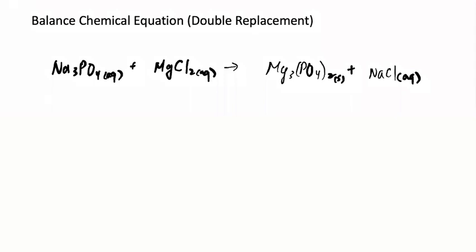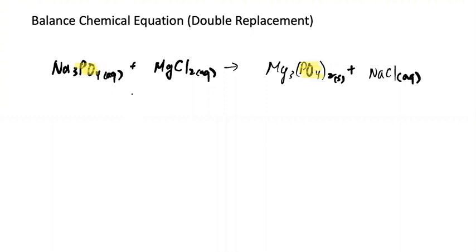Balanced chemical equation, double replacement. So in here, everything looks really complicated, so it doesn't really matter where you start. However, there's one hint that I can give you. You always treat the polyatomic as one entity. So don't do it separately. Otherwise, it would take forever for you to balance.